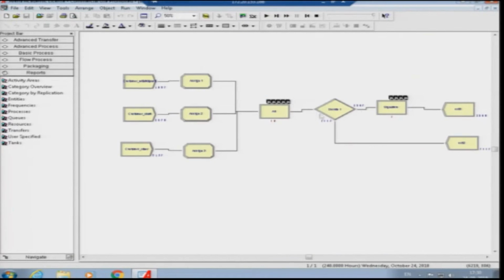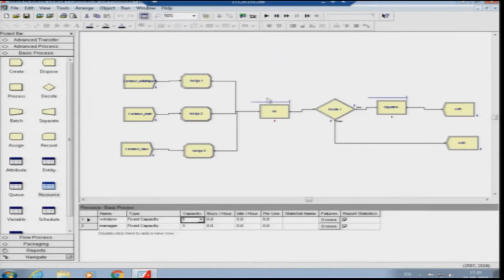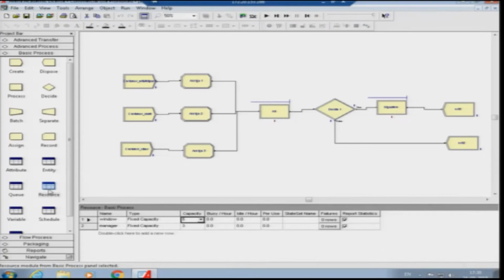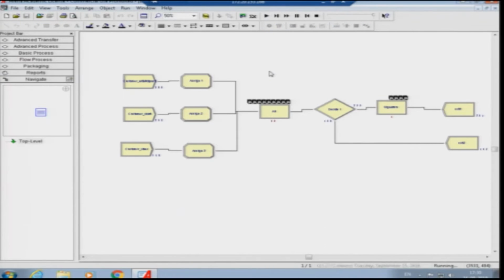Let us see by reducing one resource for all the processes, and find out whether the process was previously underutilized or not. We have a total capacity of 5 windows for all these processes. Now let us reduce it to 4 and find out whether the process is underutilized when we use 4. Again we did the same thing, we just reduced the number of resources, and then we ran it again with the previously defined characteristics.